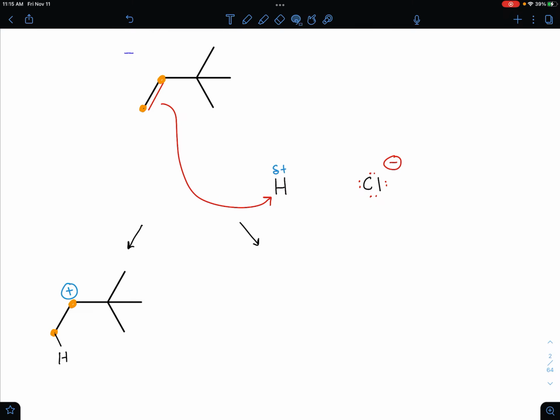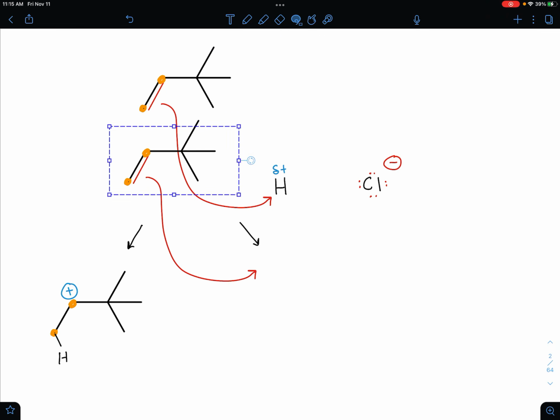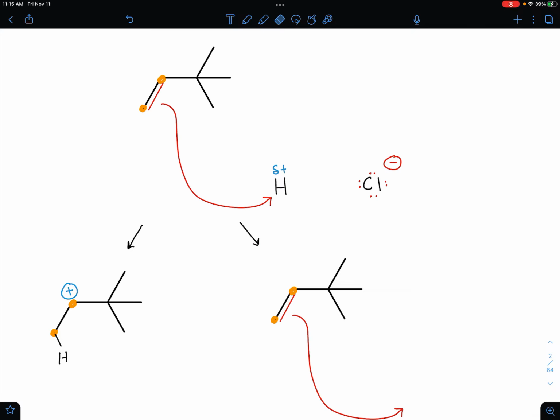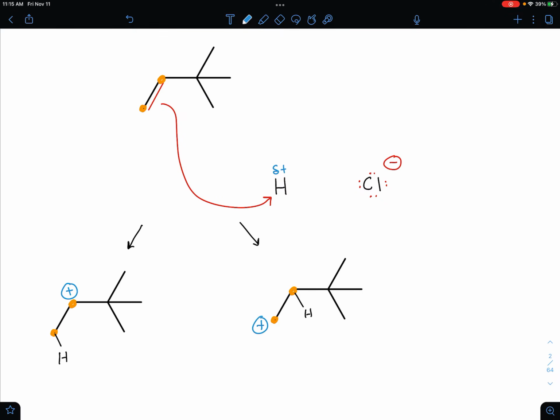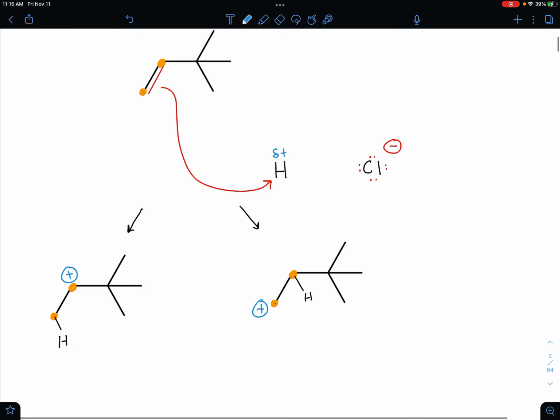Alternatively, you could imagine the hydrogen going to the other carbon. You could imagine that hydrogen that's being attacked in the proton transfer going to the other carbon in the double bond. And so now the carbocation would develop on the other carbon. So these are the two possibilities, the two places where the hydrogen can go, and the two products you would